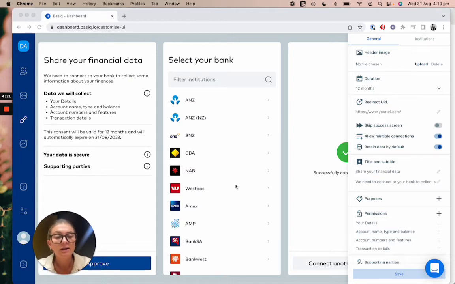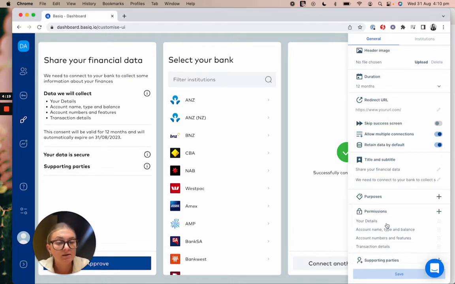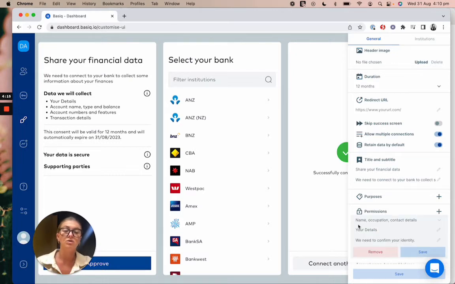This specifically, you can actually change and update with these permissions down the bottom. You can jump in here and say you want to change this to maybe you don't need their details, or maybe you need them for a different reason. So this is all free text and you can update that. That being said, the one that is created by default is very, very similar, if not the same, as the one that we've had previously. So if you don't need to, probably just leave it, but it can be edited by using those fields on